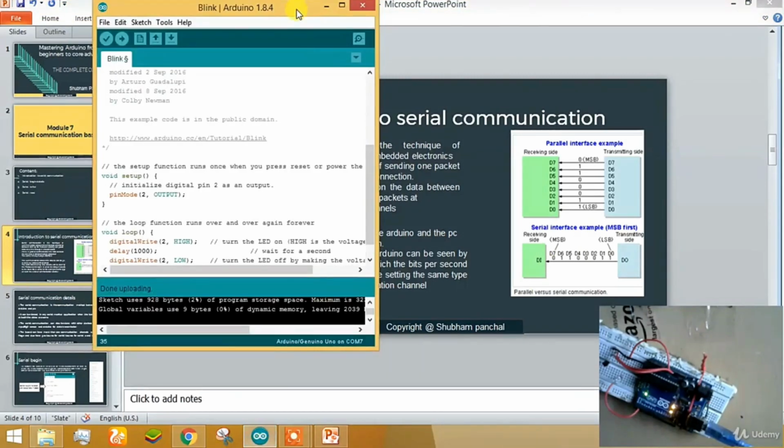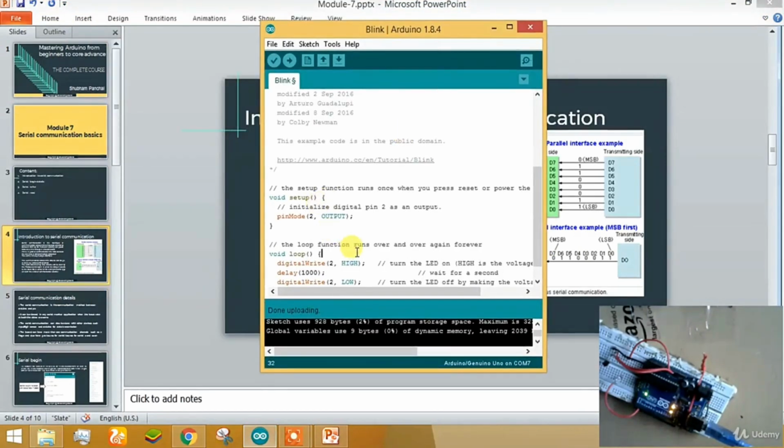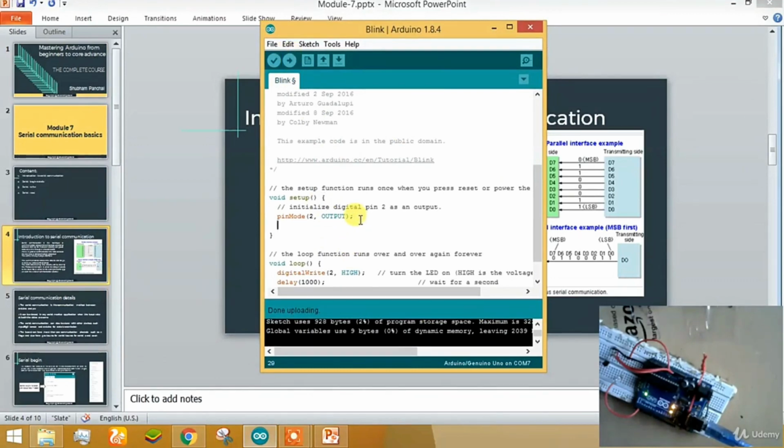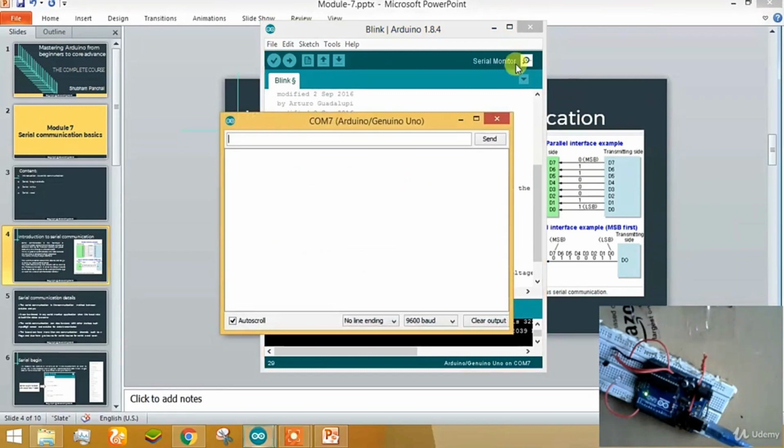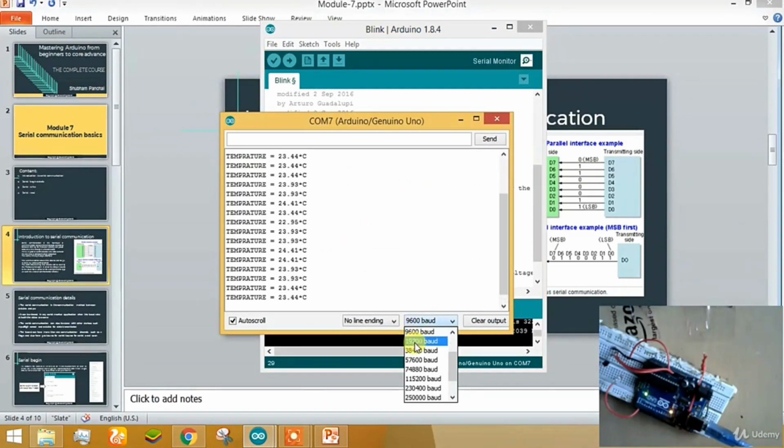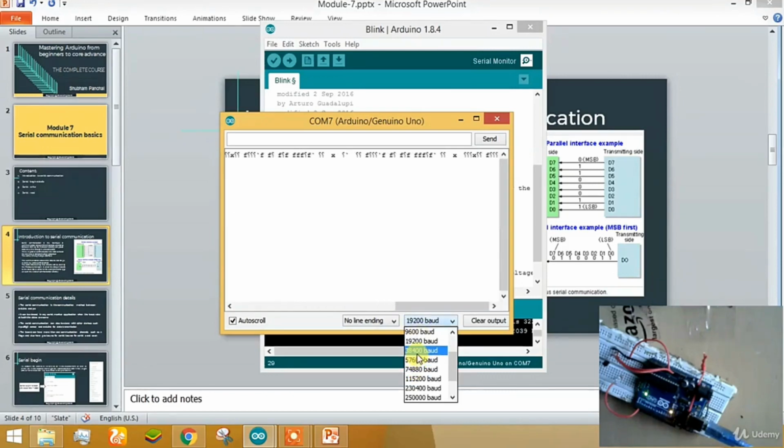In Arduino, whenever we want to connect the Arduino to the computer, we have to write Serial.begin, which means that the serial communication should be started. Give it curly braces, and here we write the baud rate. The baud rate is the rate at which the data between the two machines is transferred. Here are standard values for the baud rate. Let's see: 9600, 19200, 38400,